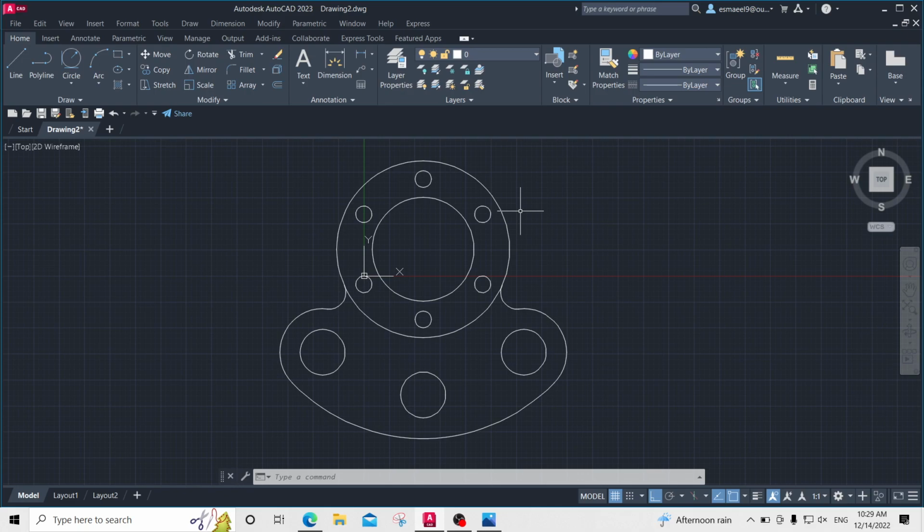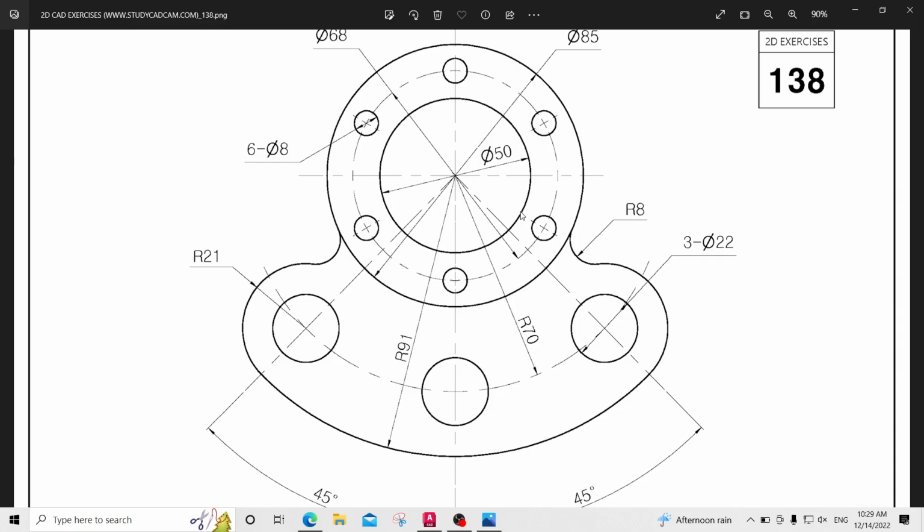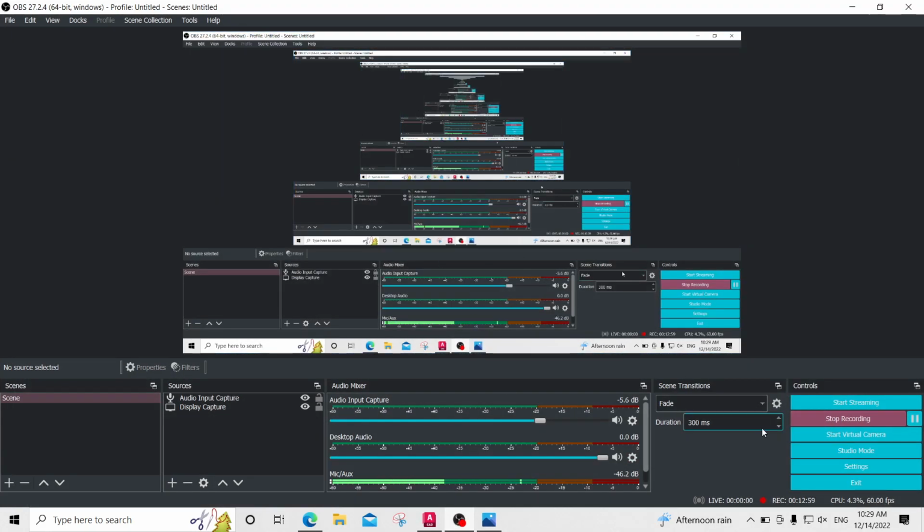Be careful when you are drawing a circle, to make sure that it's a radius or a diameter. That's it. Can you guys make it now? Can you? Anyway, I did record this